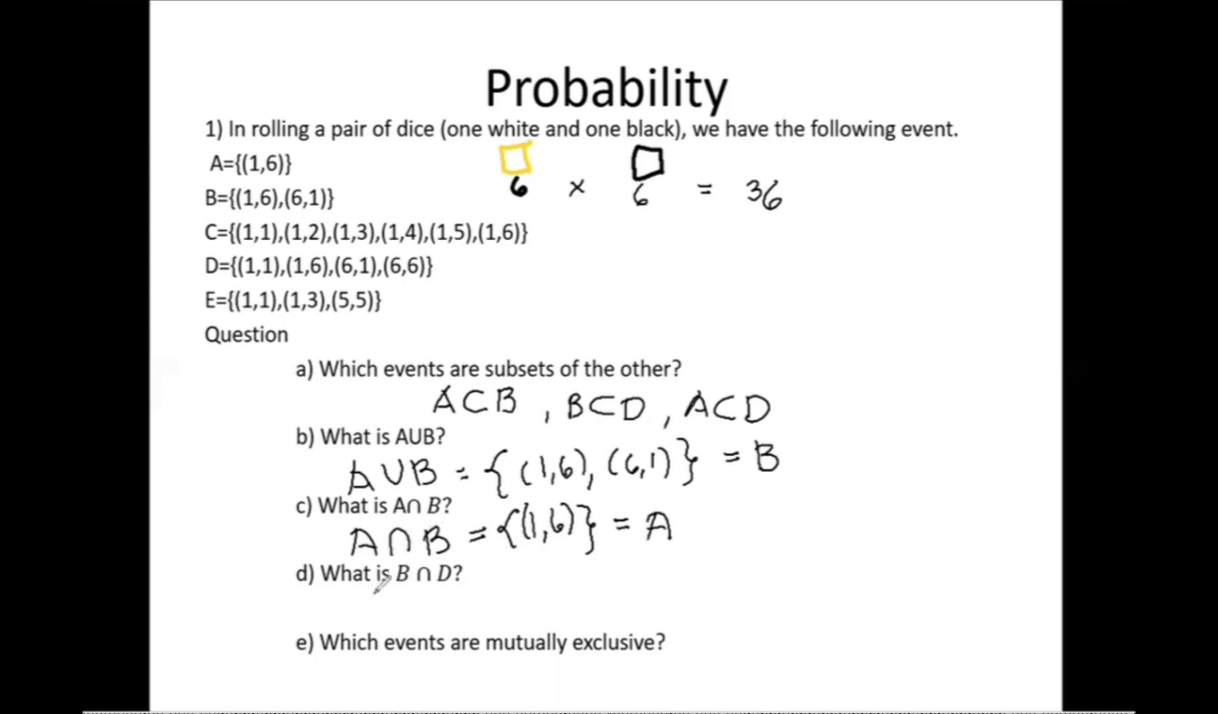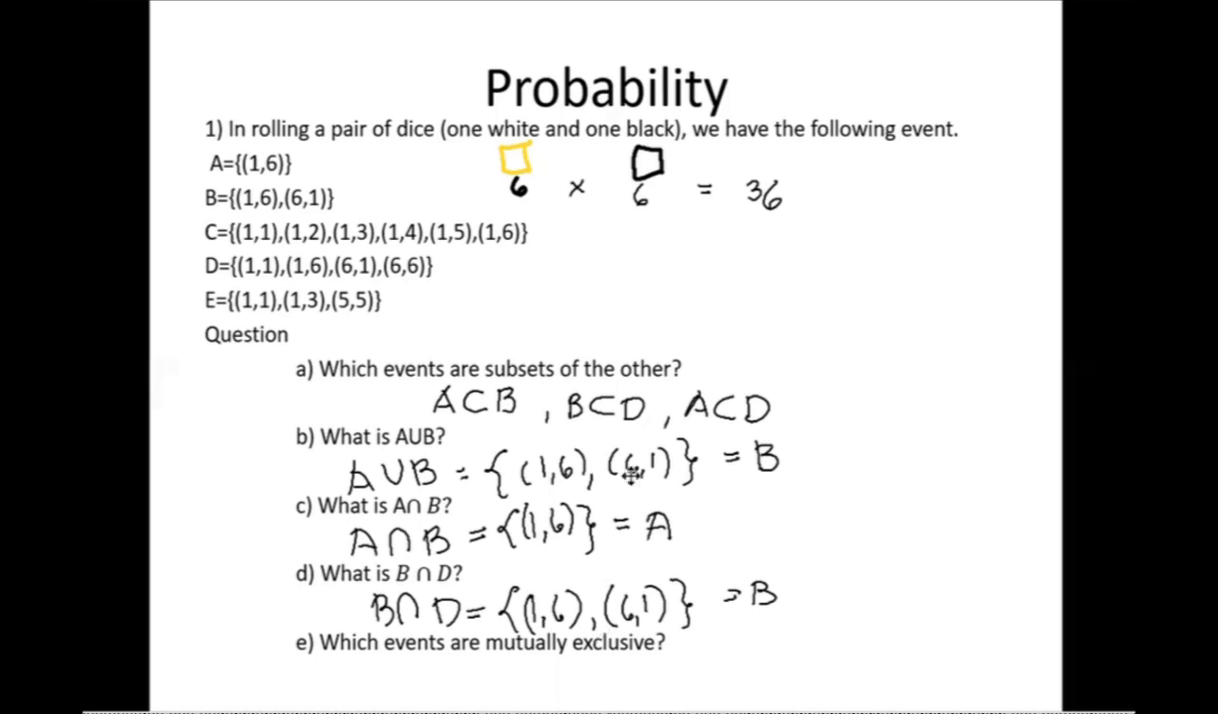Next, what is B intersection D? Ayan. So B intersection D. Anong common sa BD? 1, 6 and 6, 1. Para silang meron. Okay. So ibig sabihin, ang pwede nating mag-isagot ay 1, 6 and 6, 1 na siya rin namang makikita natin sa set B. Ayan. So intersection of B and D is also set B. And the last,